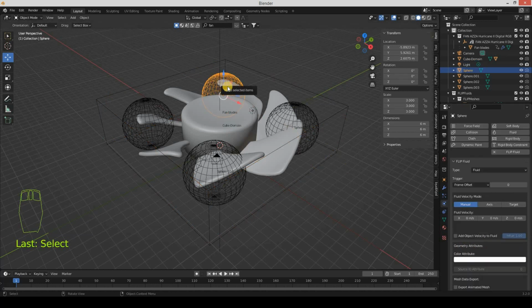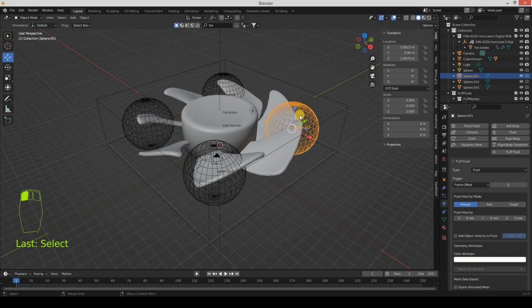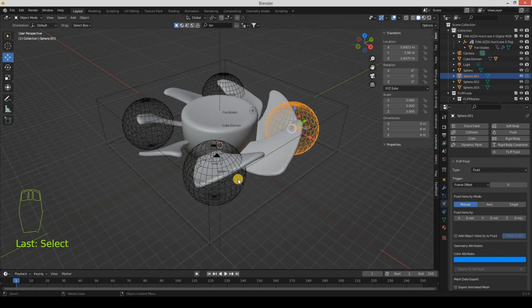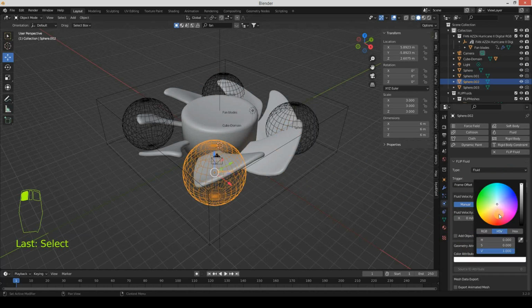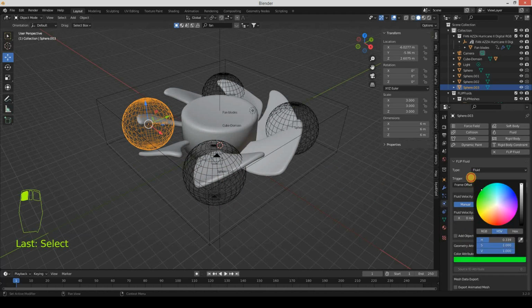Then select the first sphere and change the color attribute to any color which you like. I will just select yellow. Select the second sphere and change to another color. Select the third sphere and change the color attribute to something you like, and select the final and fourth sphere and change the color attribute to something green. So you can select any random colors,